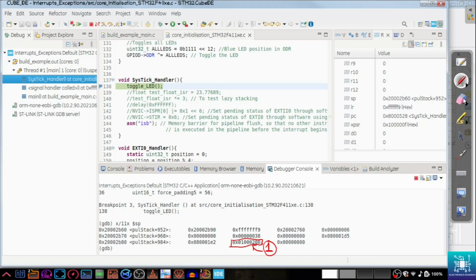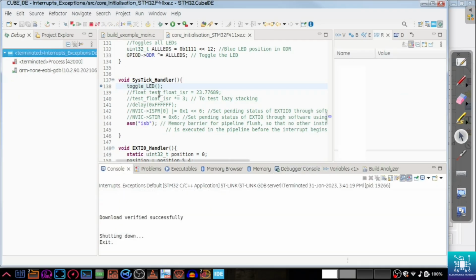Now what if somebody did not want this alignment. Now, as per the AAPCS standard, we don't have the control to change the registers that get into the stack. That is what the interrupts do. But we definitely have a control over whether we want this double word alignment or not. So let's stop the debugging here. What we need to do in that case is,